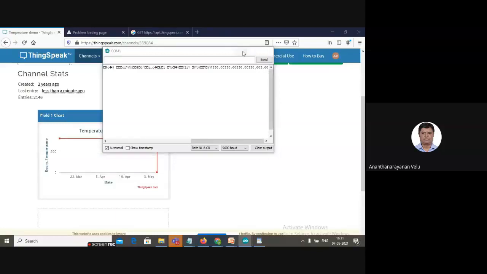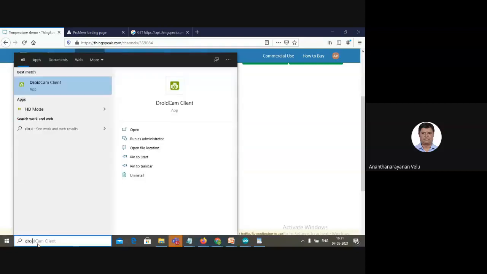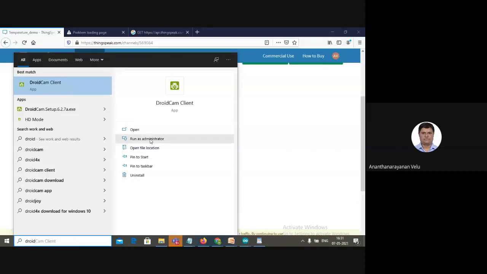Can you see the changes in the UI? Any one of you please respond? Yes, sir. So whatever changes we make in the hardware get immediately reflected.